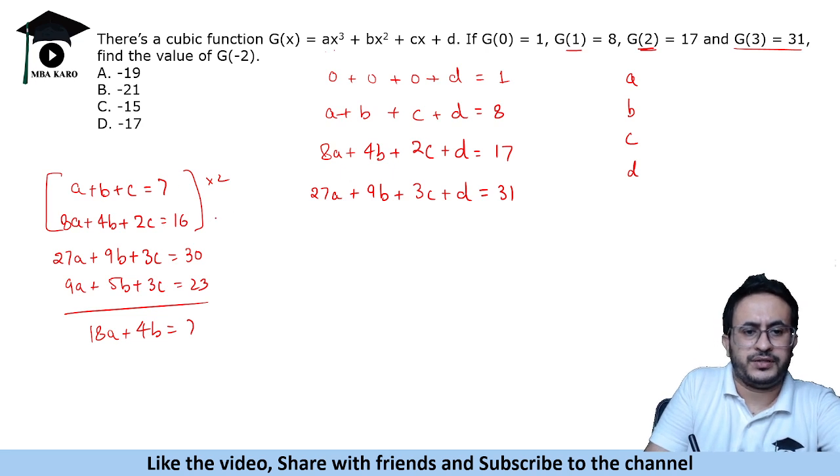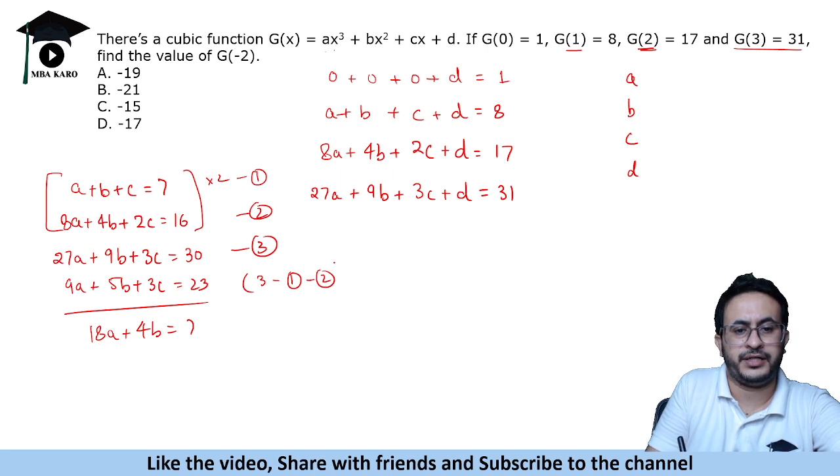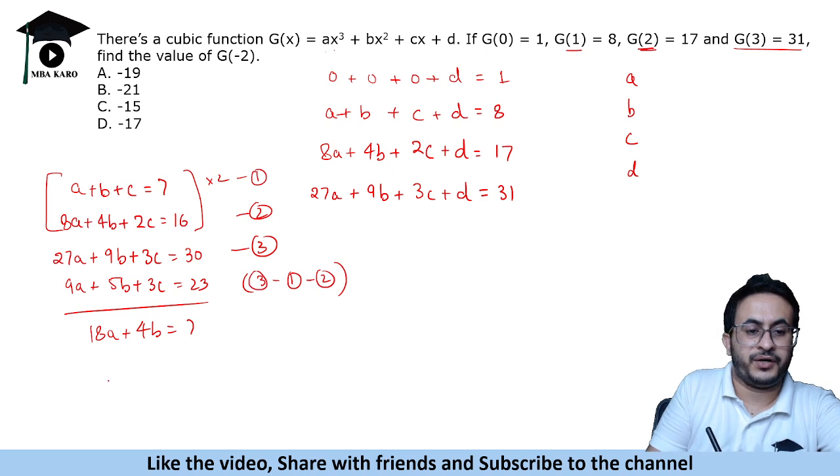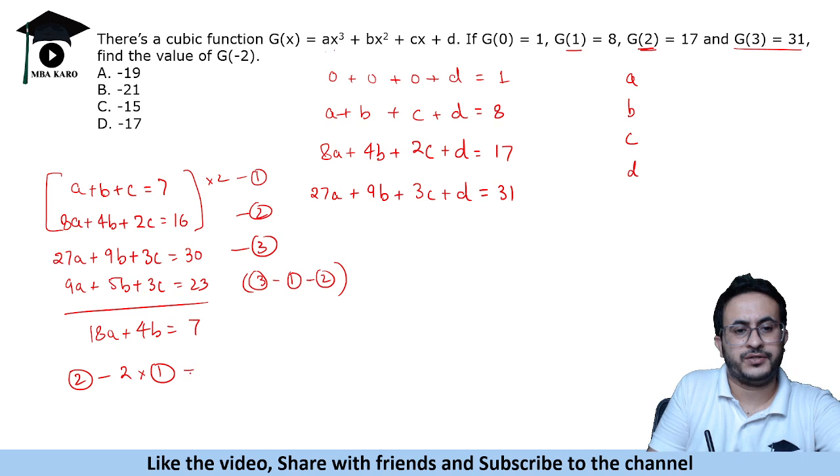So let us say this is equation 1, this is equation 2 and this is equation 3. So in this what we did was we subtracted 3 minus 1 minus 2, you can call it. Okay, so we did this. Now another equation can be formed by using equation 2 minus 2 times equation 1. So that will mean